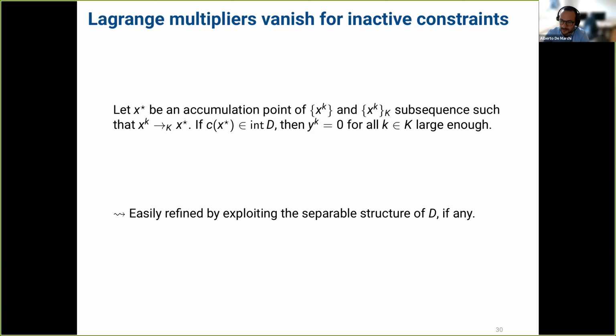Yes. It means if C of x is inside the set D, the constraint is inactive, so it is not on the boundary. I see. But then how about when it is active, when C(x*) is on the boundary of D? Yeah, when it is, then this result does not hold, and you need to use